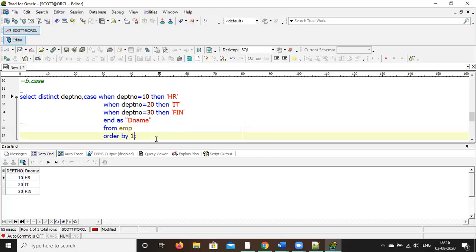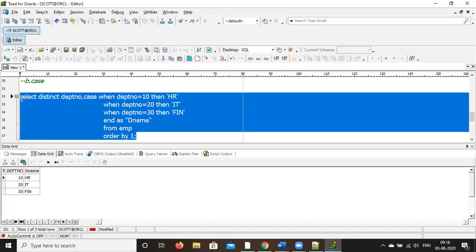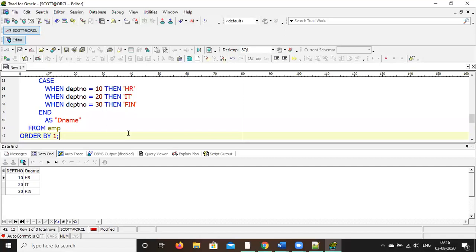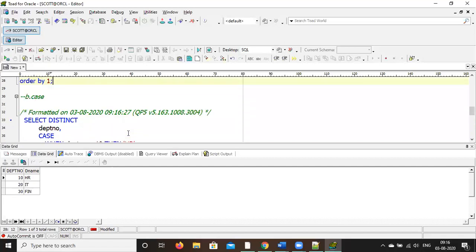Now select this query, the whole query. Do shift control F. Shift control F means it will do formatting automatically.